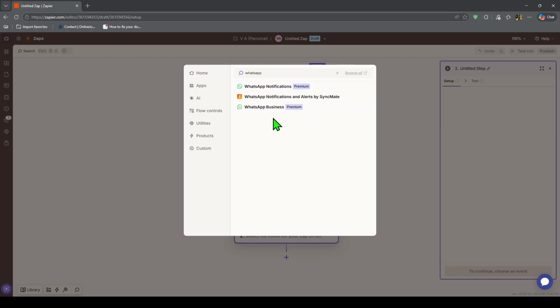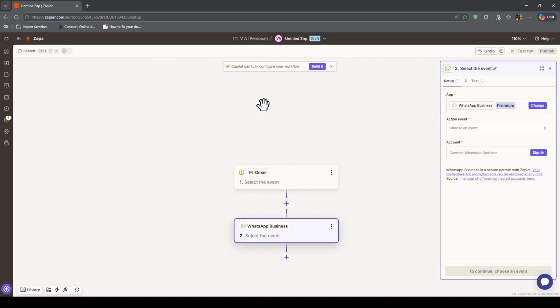You may need details from Meta Business, such as your phone number ID, business account ID, or access token. Once connected, set up the message. Add the recipient phone number in international format, including the country code. Then write your message or map details from the trigger app, such as the customer name, order number, appointment time,